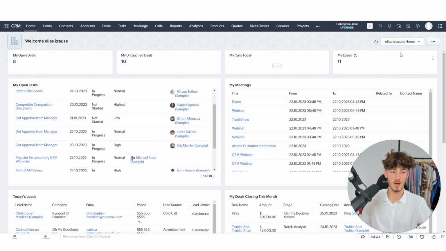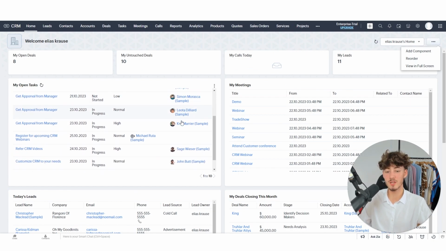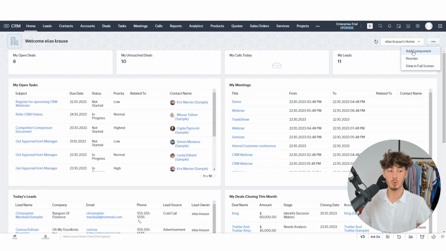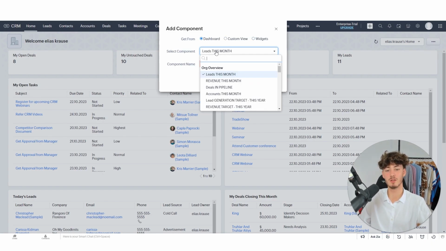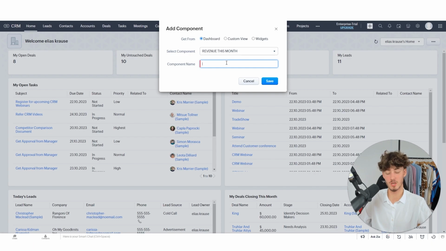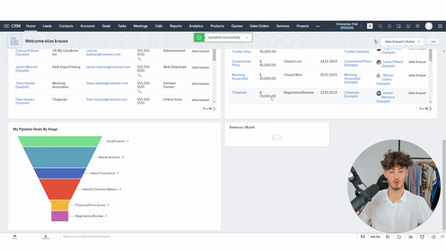Now, if we would want to add new components onto this stats page, we would just have to click on add component right here. And then we can select where we want to get our data from. I will just select dashboard, and then I'm going to select revenue this month. We can then set this to revenue/month. And then if you are now going to save this,